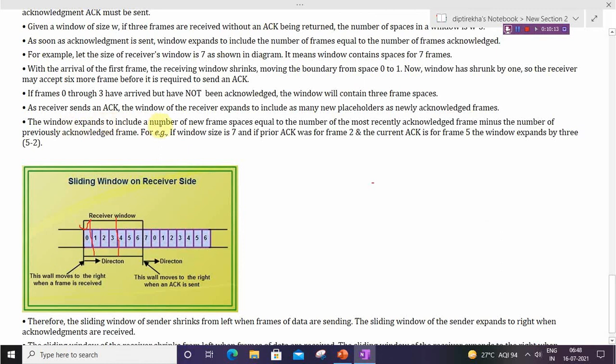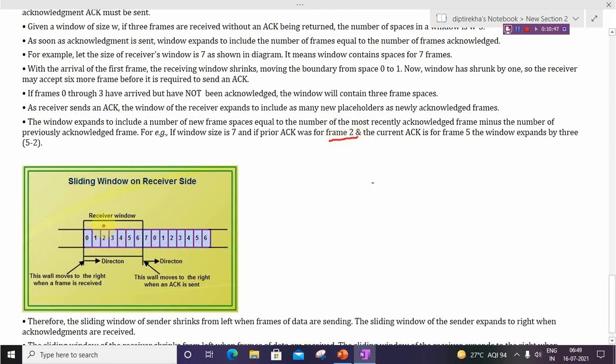The window expands to include a number of new frame spaces equal to the number of the most recently acknowledged frame minus the number of the previous acknowledged frame. So let us understand it. If the window size is 7 and the prior acknowledgement was for frame 2, it means it got frames 0 and 1.